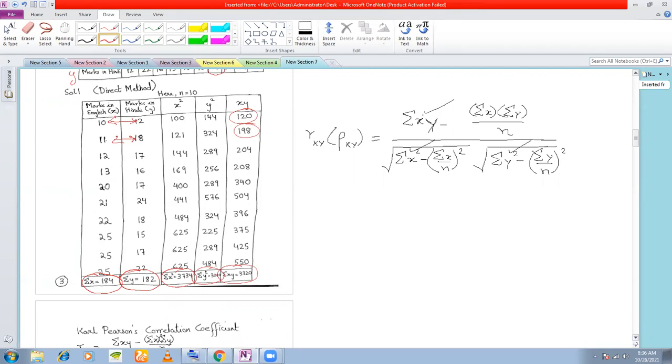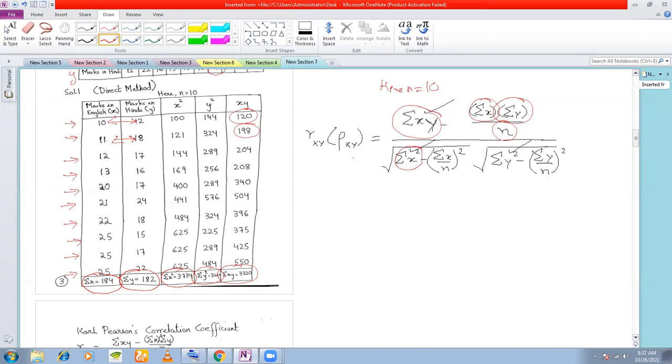Okay. And I put all these values in this formula. This is summation XY, I put it here. Summation X I put, into summation Y I put, divided by N. Now what is N here? N is the number of data that you have got. So you have 1, 2, 3, 4, 5, 6, 7, 8, 9, and 10. You have got 10 observations here. So clearly here N is equal to 10. So you put the value of N as 10 here.